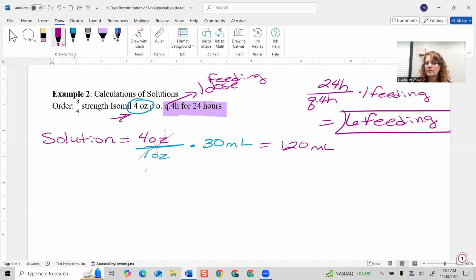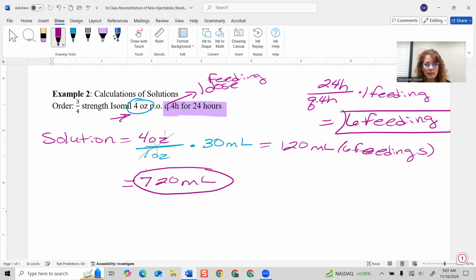This is correct, but we also now got to multiply it by that 6 feedings, right? Because that's how many feedings we're going to have in that 24-hour period. So we're going to say 120 times 6 gives me 720 milliliters as my